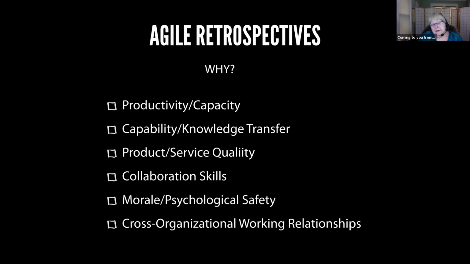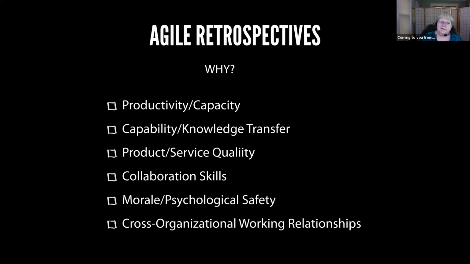So, why do retrospectives? Why do Agile retrospectives? Well, that group of folks ended up morphing into something we called the Retrospective Facilitators Gathering over time. It's still going on. I think the first one was in 2002, and they still happen every year. This year's was a little weird, but different folks have done research and collected information about when retrospectives are done well, what's the benefit? What do organizations get from that?